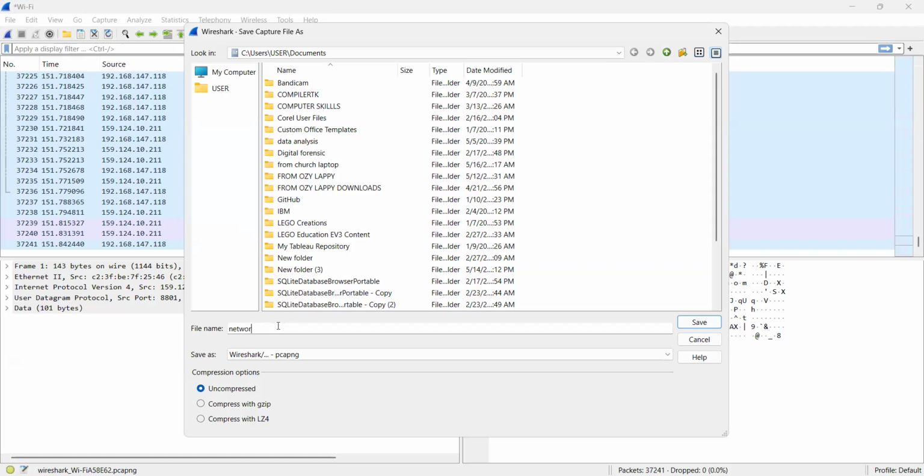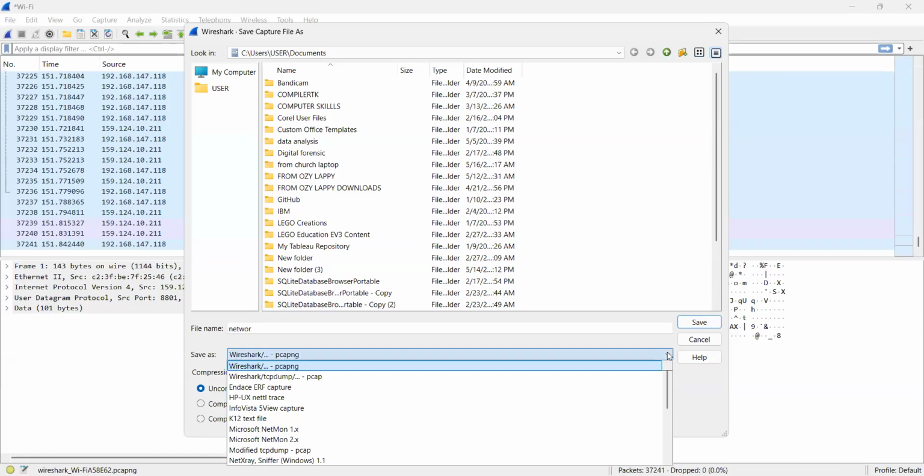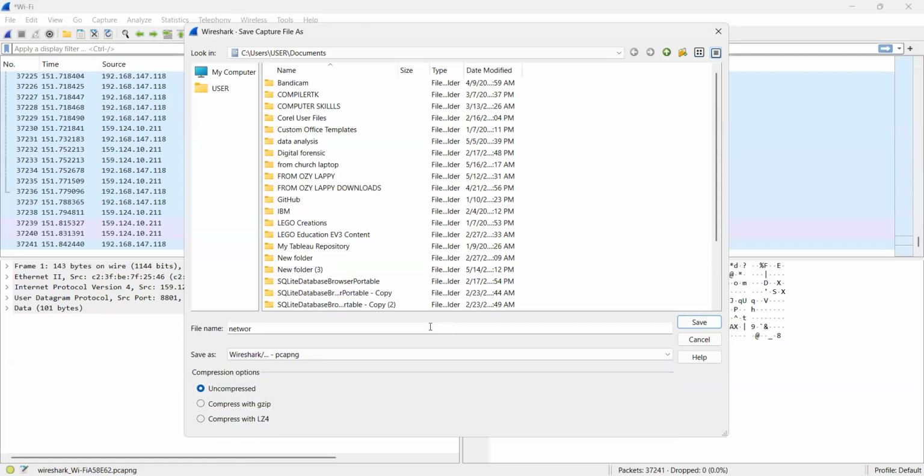Once you say save as, you see file name. Can you see file name? Yes. Then save as. Now under the save as, you see so many file types that you can save as. You can see Wireshark, TCP dump. You scroll down, you see Microsoft Nets. When you go down, you can see different file formats that you can use to save. Okay. So now I'm just going to save it as network